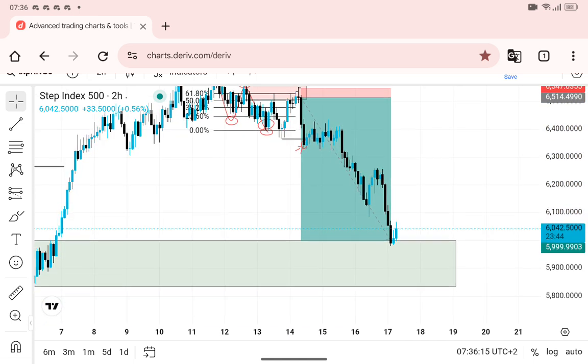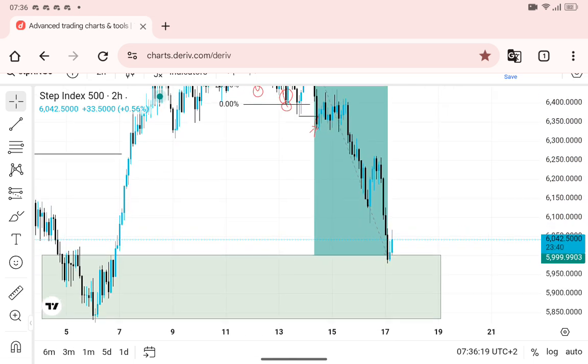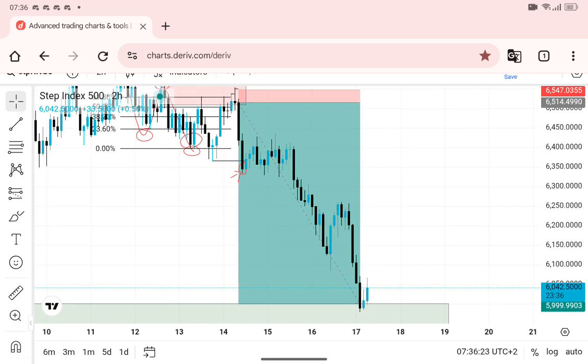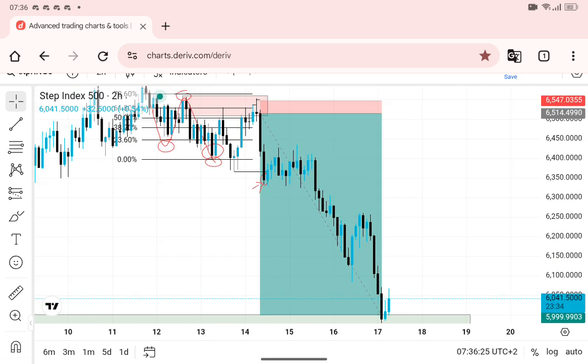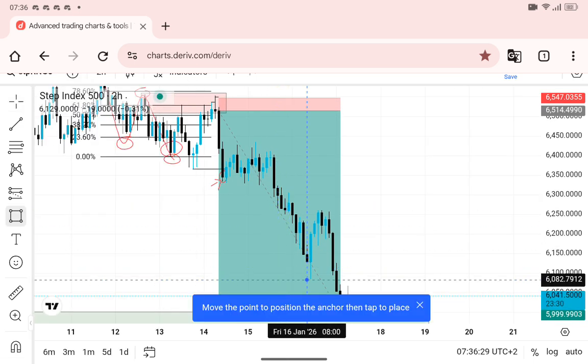You see, this is the one that you trade up until. So you can see this is very simple, because even if you don't want to hold all the way to this zone,